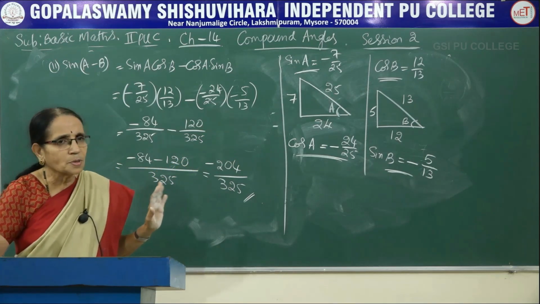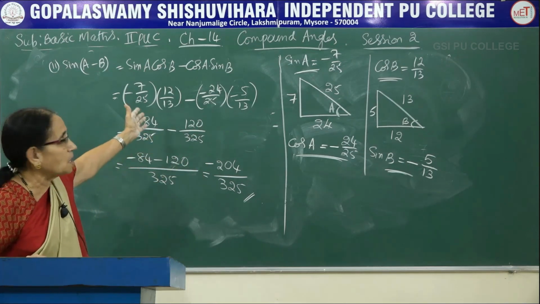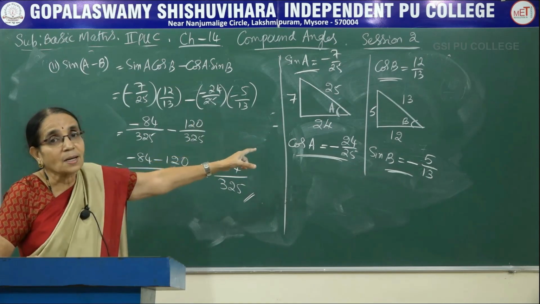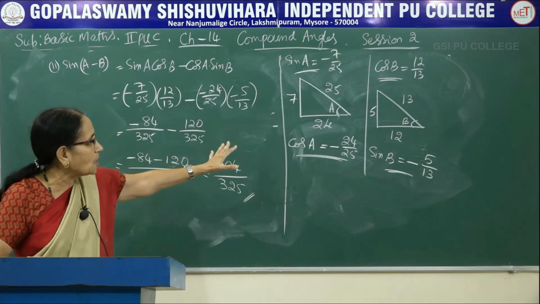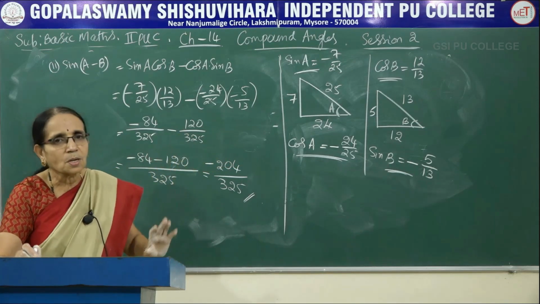So these are the problems when it is given for a 2-mark question, both of them will not be asked, either sin A plus B, any one of them would be asked, because for each one of them, these calculations are necessary. Unless you do the calculation, you cannot get the values there. Therefore, this is the procedure we adopt.